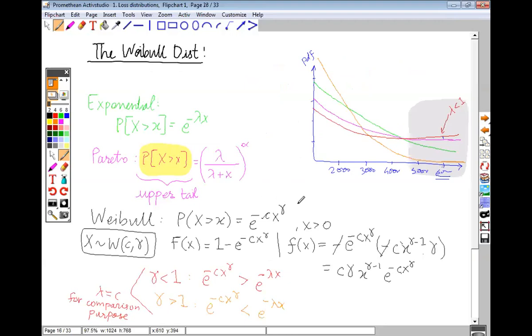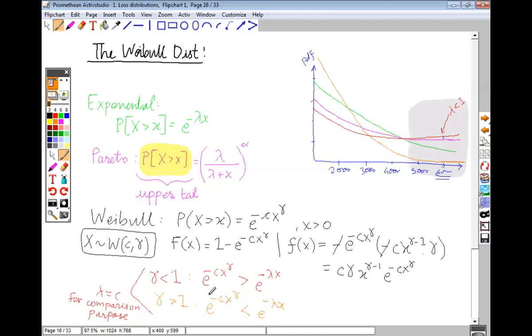And then we have Weibull distribution, which is really good because it provides you a lot of flexibility depending upon the value of the gamma that you can have. And in terms of loss distributions, we care about the higher chance of incurring a higher loss, not a lower chance of incurring a higher loss. So we generally care about this case a lot more than this case, because we're looking at losses.